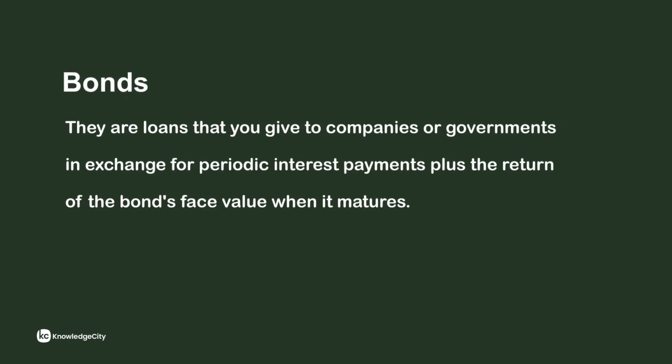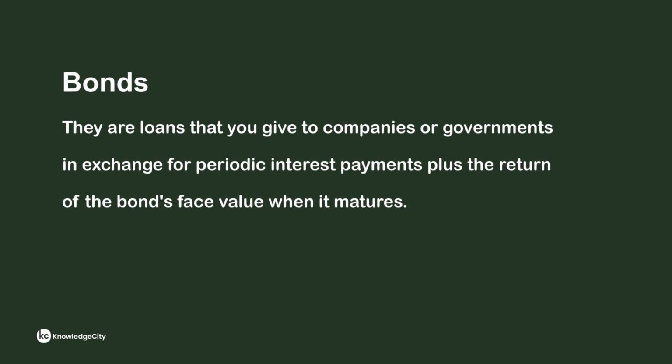Bonds are loans that you give to companies or governments in exchange for periodic interest payments, plus the return of the bond's face value when it matures. They are usually less volatile than stocks. Bond types include government bonds, corporate bonds, and municipal bonds. Government bonds are very secure. They might not provide as high a return as other types of bonds, but they add a layer of stability